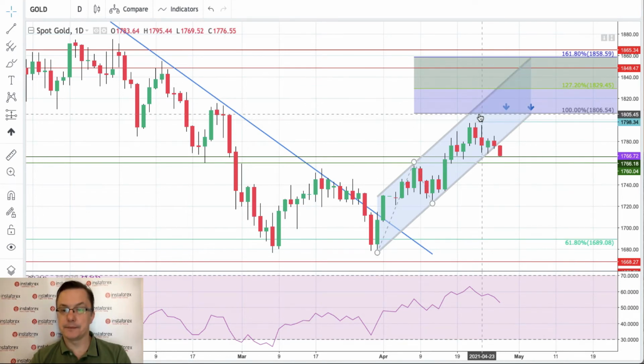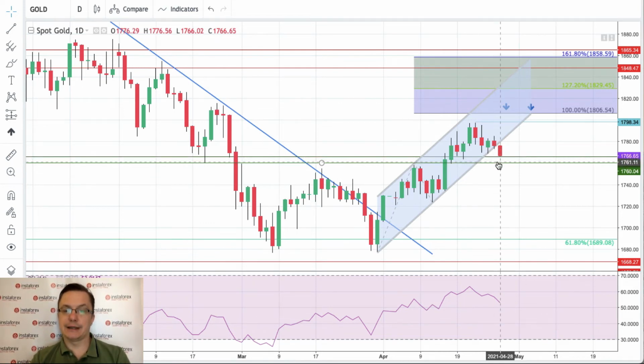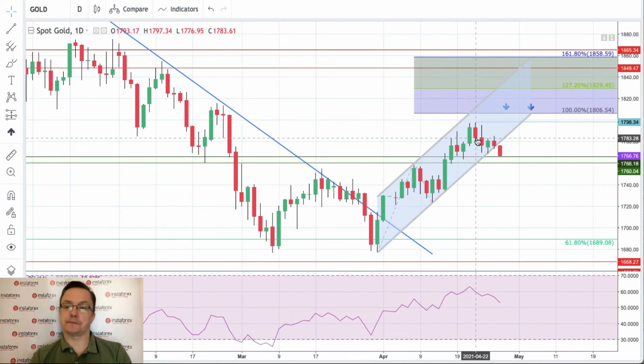1806 has not been hit. As you can see, the market is reversing slightly and testing 1766, 1760. This is that zone. This is the technical support. Both levels are technical supports for the bulls, and as you can see, a breakout will be definitely a bearish